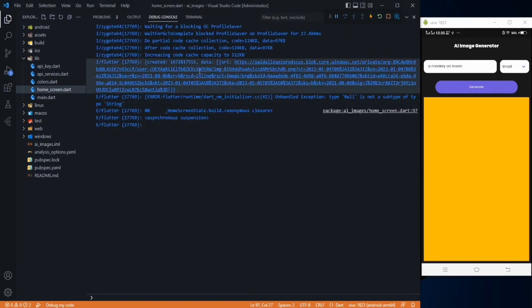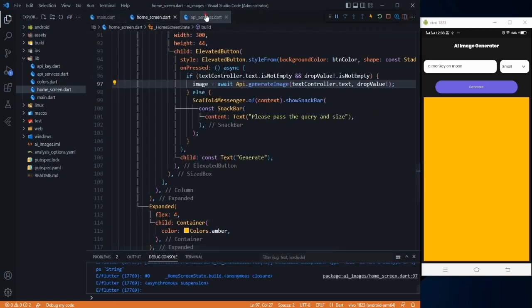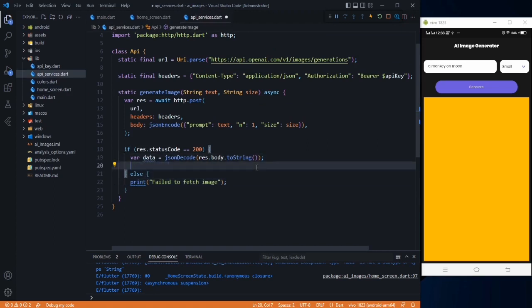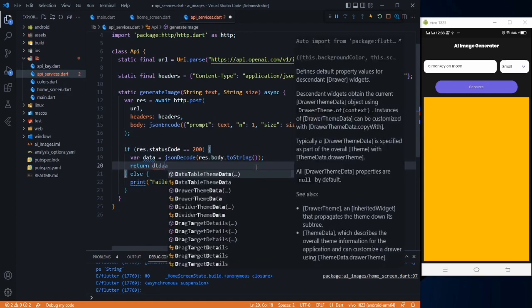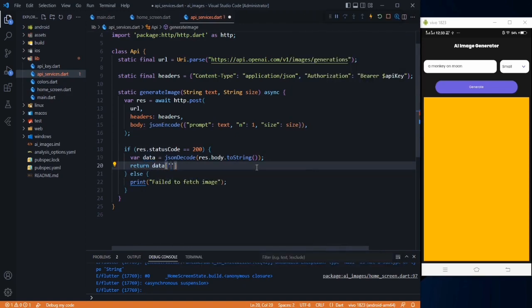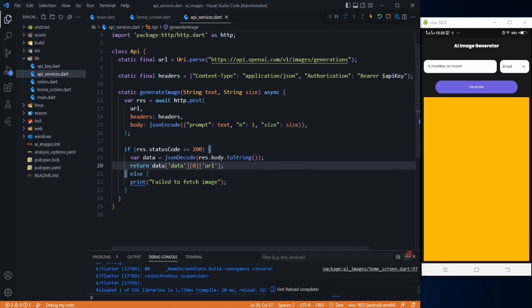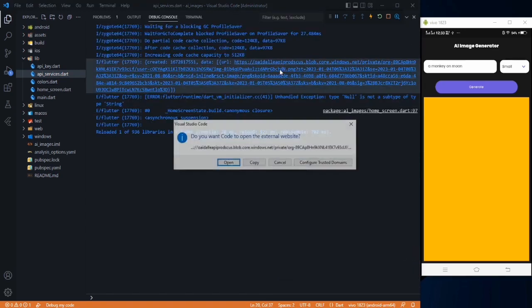So along with this error we also got the response back, meaning our request is sent and we got this created, and this is a map in which there is a data field which is a list, and in here we have a map. So let's just filter it. So here instead of printing this, let's say return our data, and in here it will be data[0], and in here it will be our URL. Just save it. So if we just click on this URL and see what we got,